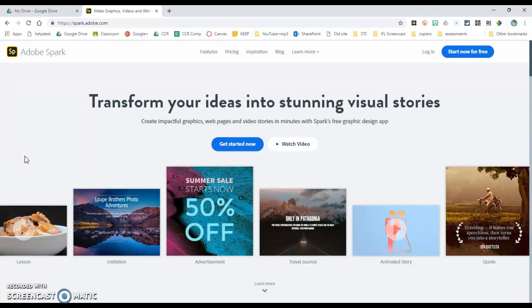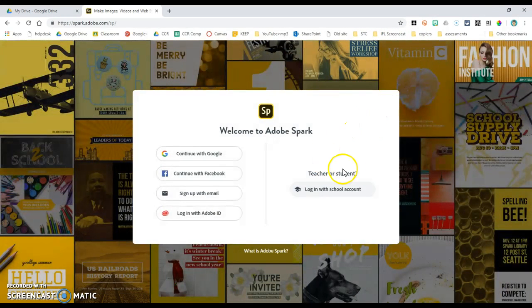So this is going to be a short video to show you how to create a video in Adobe Spark. To get there, we just go to spark.adobe.com, or you can do a Google search for Adobe Spark. Once you're there, click on Login, and the district has purchased an account for us, so we click on this